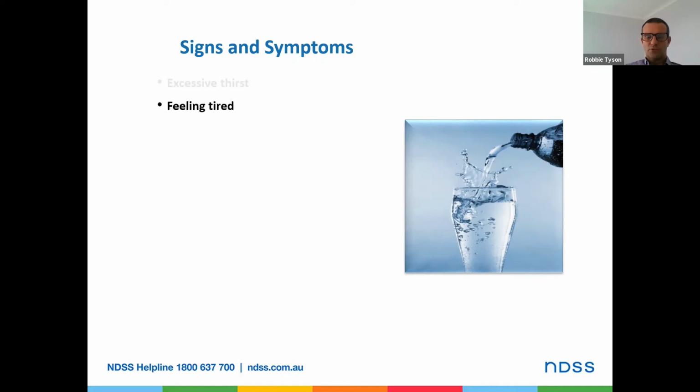Feeling tired results from the glucose that should be in the cells of the body to provide energy being in the blood where it shouldn't be, so feelings of lethargy are quite common. Excessive hunger: normally the body notices that blood glucose is lower, which indicates we're hungry. In this case, if blood glucose levels are high, the glucose isn't getting where it needs to go, so the body assumes it isn't getting enough energy and sends out hunger signals.